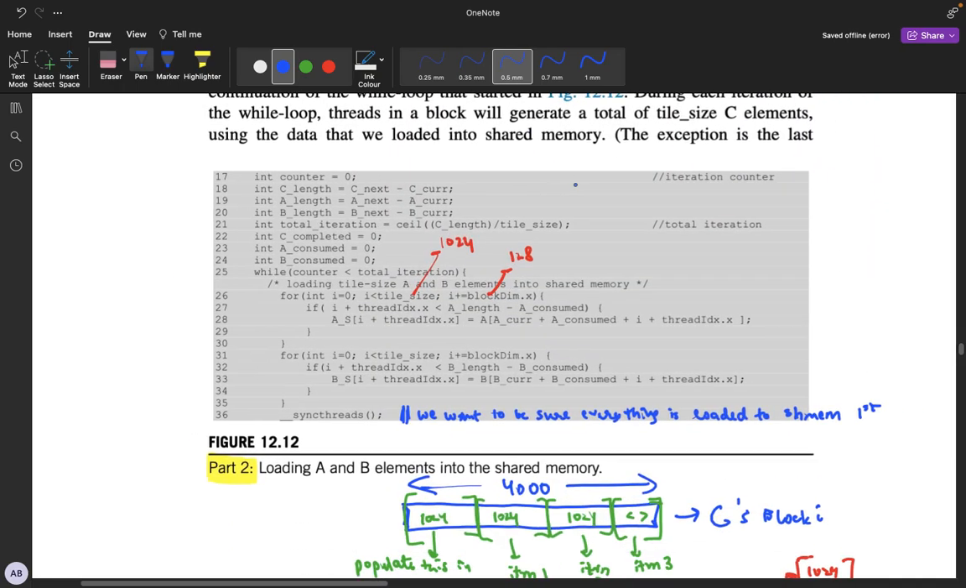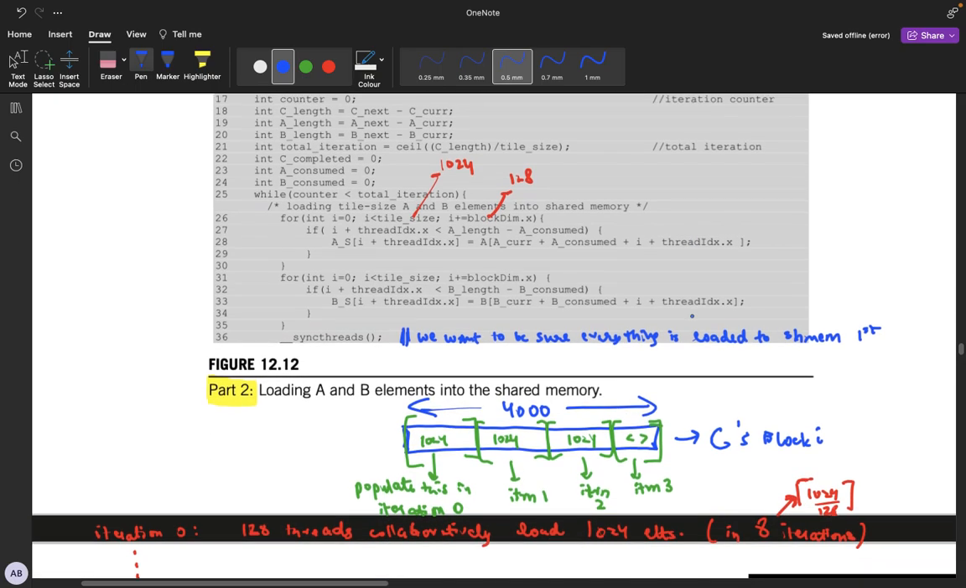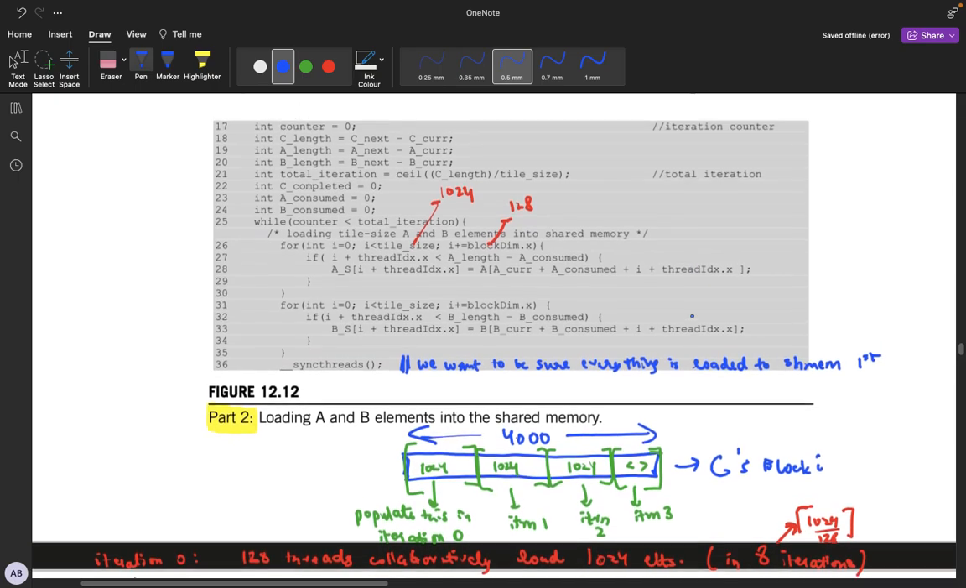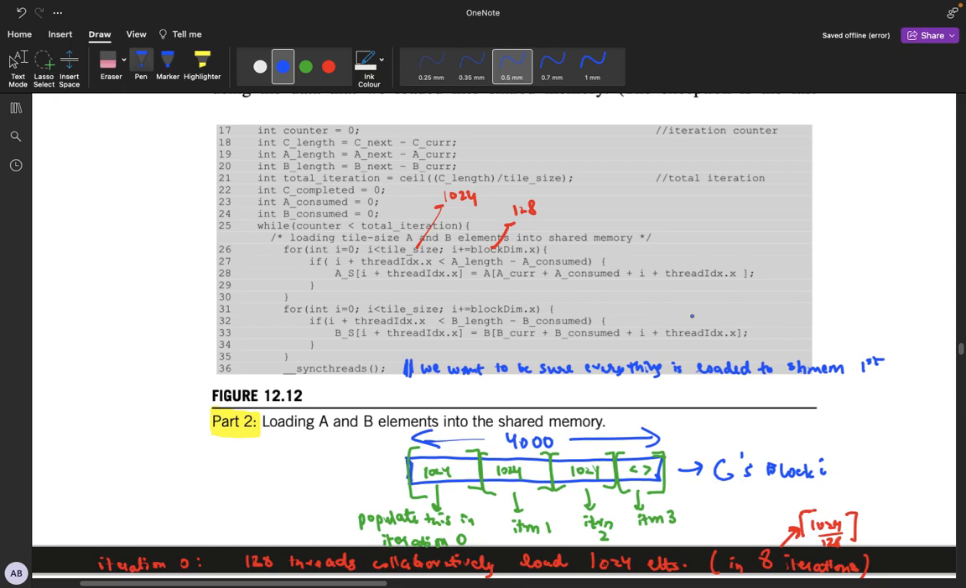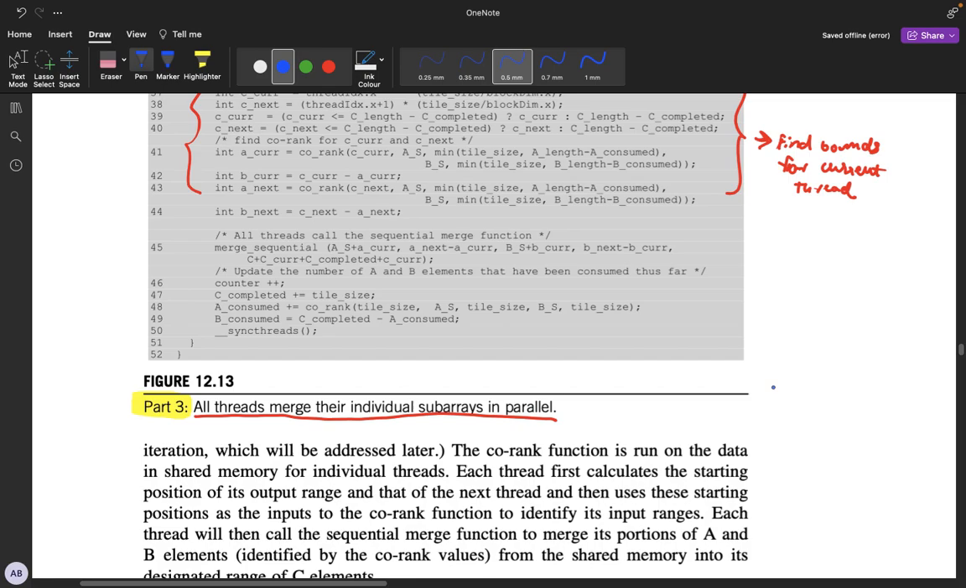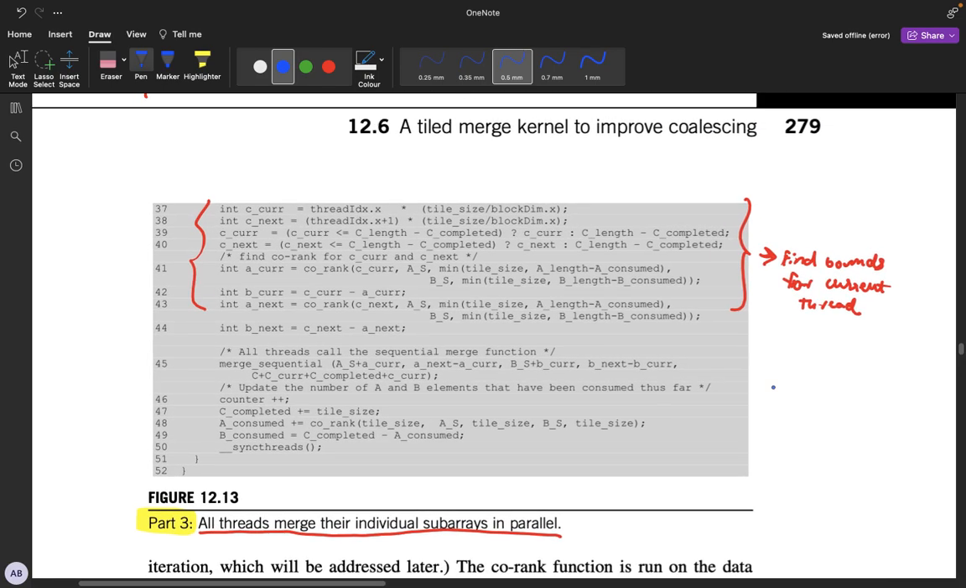Okay, and part 2 is loading elements from A and B into shared memory. And we do this in iterations, right? Because shared memory is a limited resource, and in every iteration we load x elements from A and x elements from B into shared memory. So this is what we are doing here, and then we sync to make sure everything is loaded into shared memory properly. And in part 3,